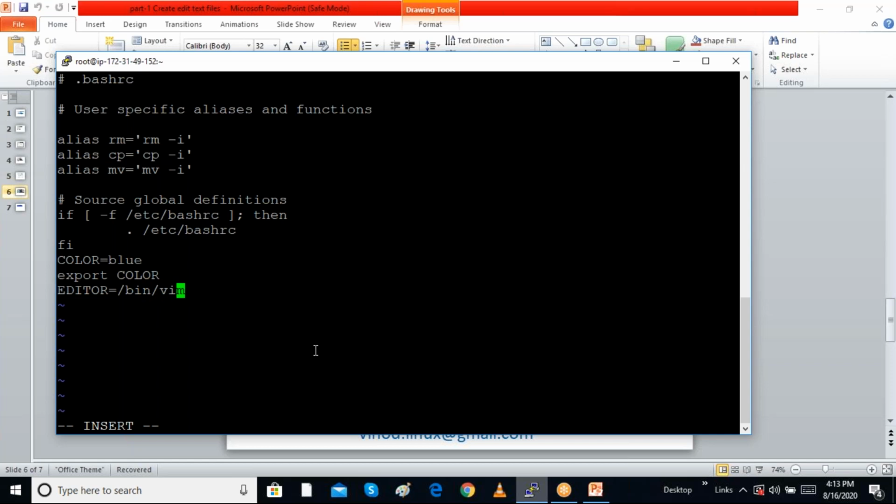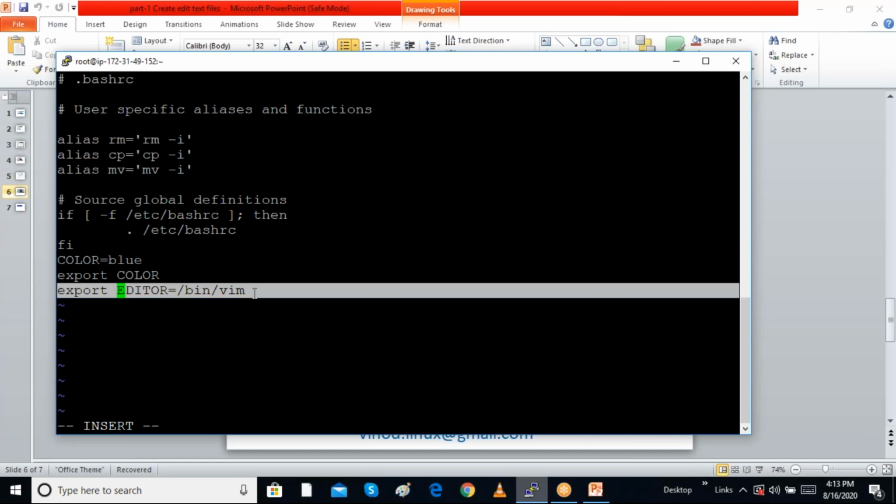Now I can make this variable an environmental variable by giving the export command, which is equal to doing these two lines. First I create the local variable, then I export it. Otherwise I can create the variable and export it at the same time.